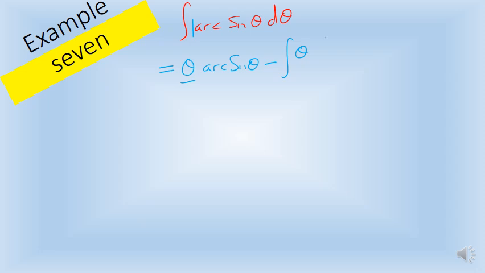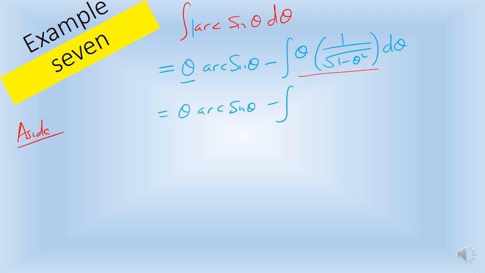So d theta of 1 over arc sine theta, if you remember, is 1 minus theta squared d theta. Now this is beautiful. Theta arc sine of theta minus... Now how do we cope with this guy? Theta over the root of 1 minus theta squared. If you have a look at that as an aside,